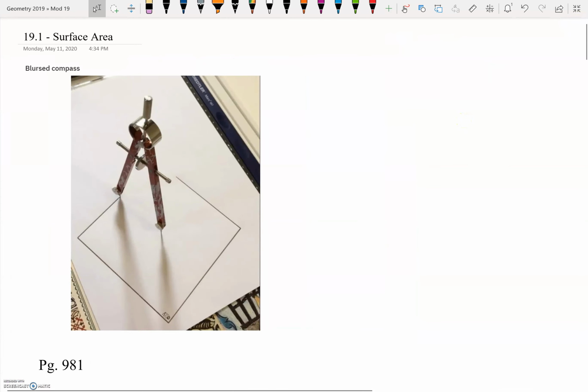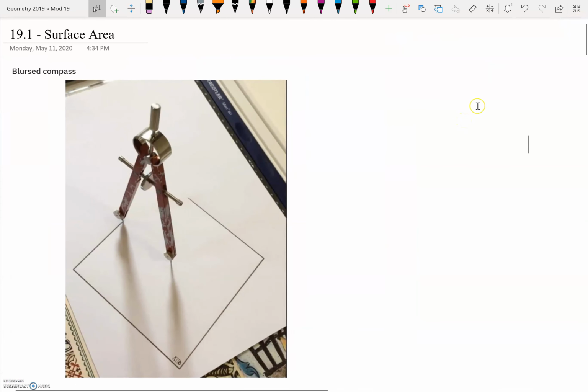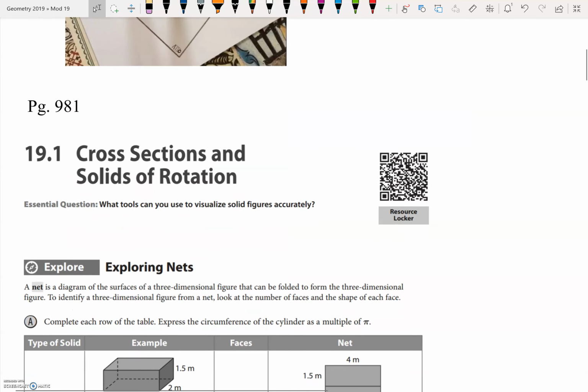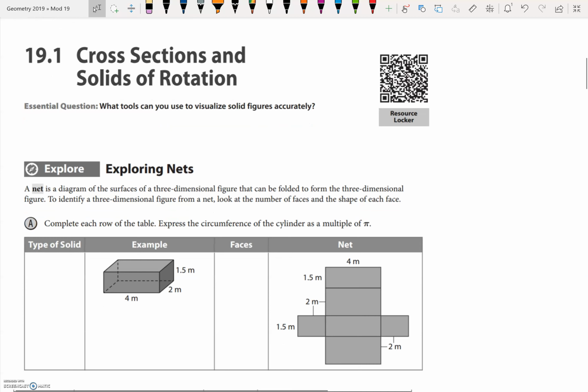All right, on to Module 19. We are going to be talking about surface area. In the first module, in Module 19, though, we are actually just going to be talking about cross sections and solids of rotation. So the first thing we talk about with surface area, you probably learned this in middle school, was